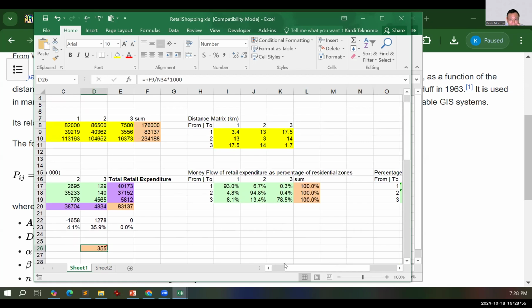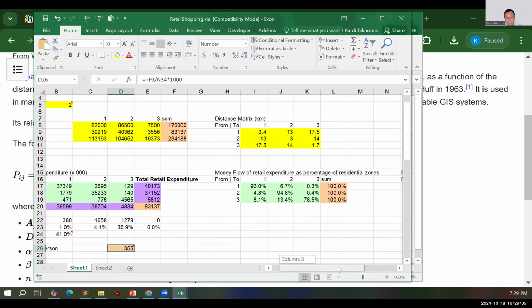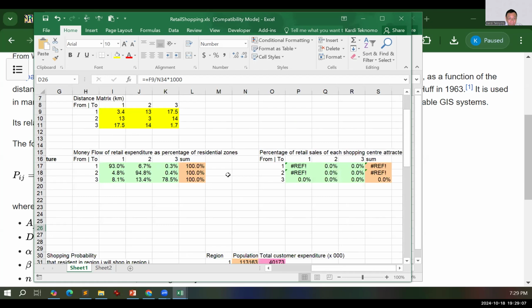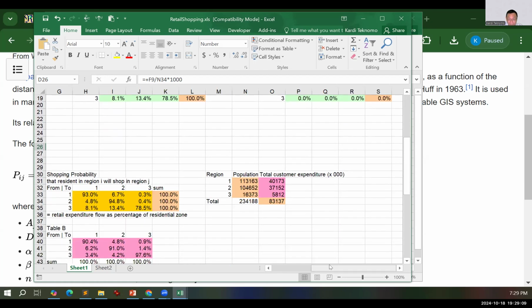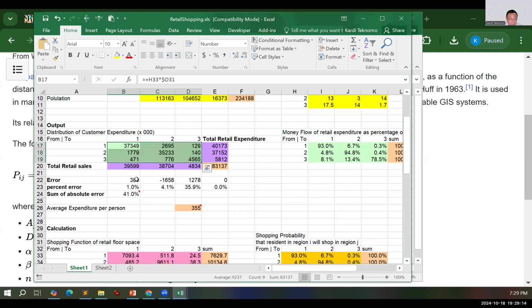supposed to be the total in sales, retail sales, divided by total population. Yeah. With that, we can get the output. Yeah. Okay. How much they will spend. Yeah. Okay, so we can